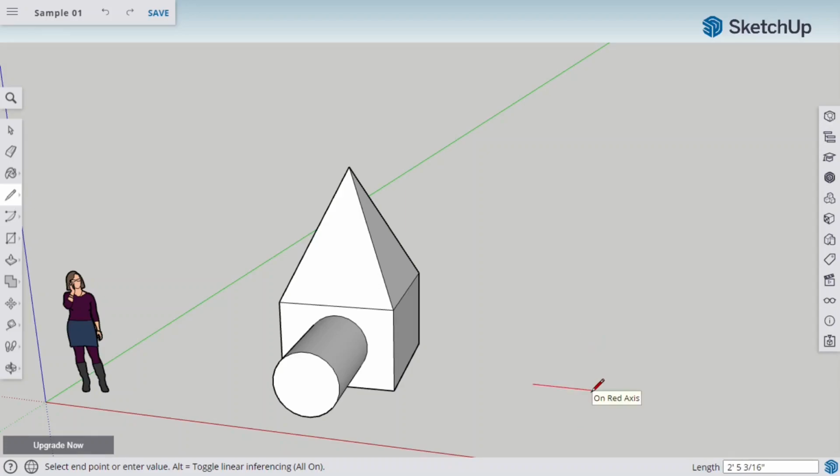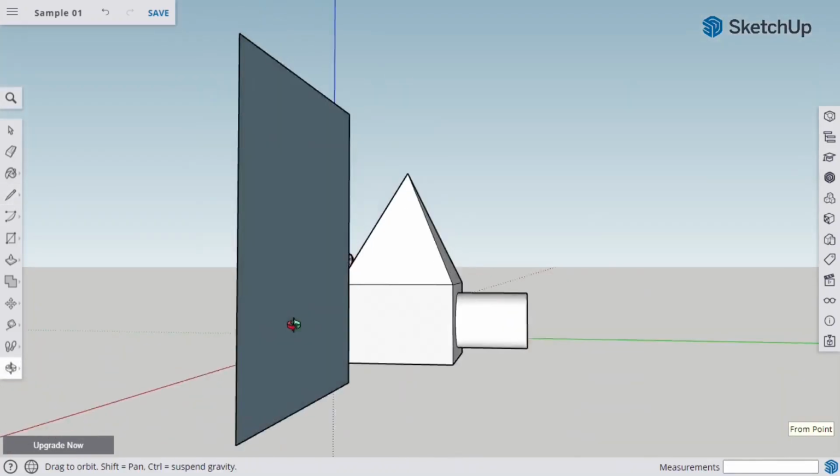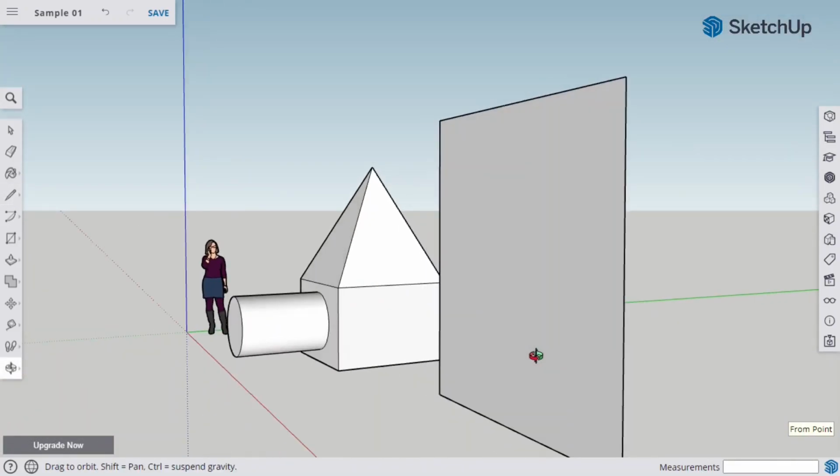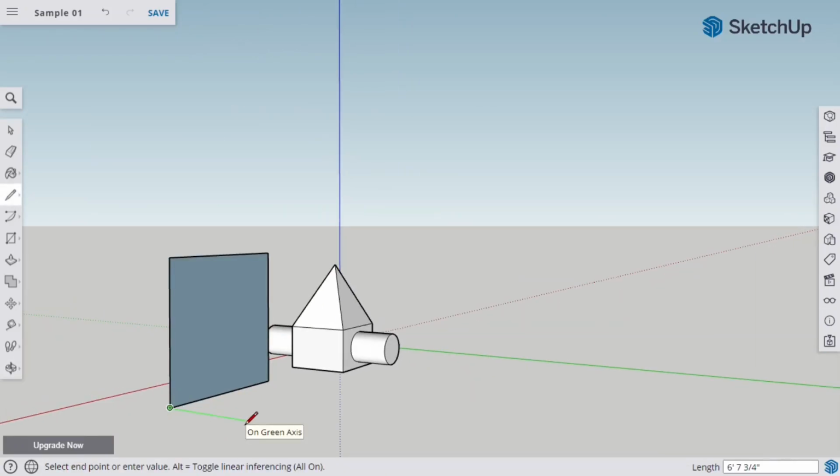Now if I want the length of my line to be of 10 feet, then I just need to move my mouse in the direction I want to draw the line and type 10 and single quote, which stands for feet, and hit enter. And I have a line of 10 feet. Now let me make a complete square. So I have a vertical square created with the lines and the shape automatically got filled as soon as all the lines got connected. Now let me create similar square in all the sides to convert this into a cube.